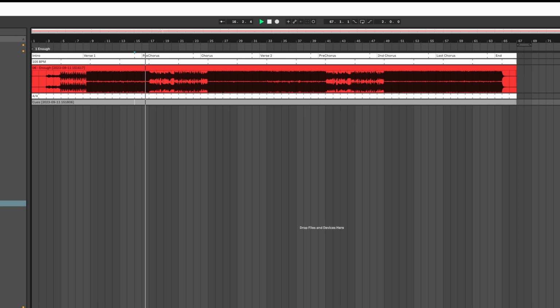Pre-chorus, 3, 4. Chorus, 3, 4. Pre-chorus, 3, 4. You may have noticed that I placed my markers right where the guide cues start counting in,